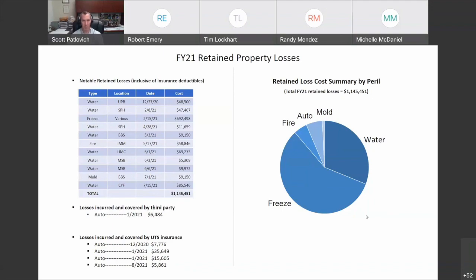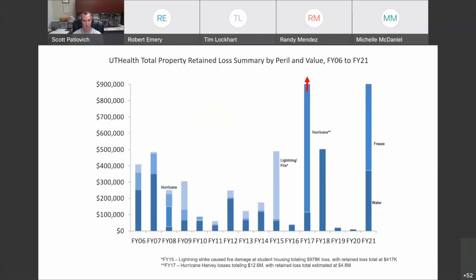So this is something that our risk management group puts this information together so we can trend over the course of time. And yes, 1.1 million was quite a lot for us in FY21, but I can tell you from years past, this is down significantly based on our aggressive oversight and actions, down from $500,000 or more some years. So the last couple of years we've been down well under 100,000. This was just a little bit of a blip this year with that freeze event, and we're able to trend this over the course of time. As you'll see with all of our graphics that we display here, trending this information over the course of time is important for us.